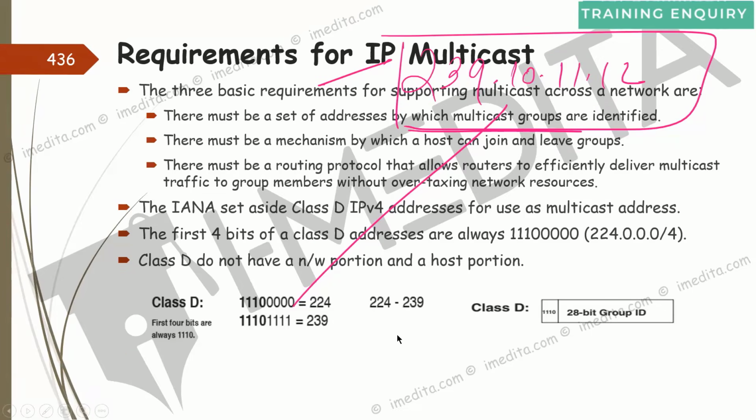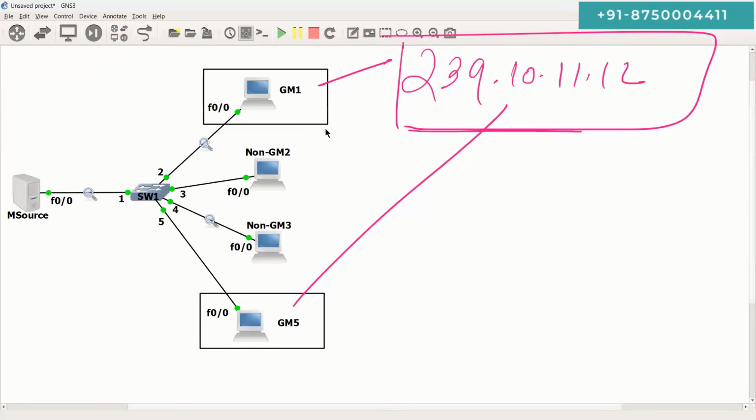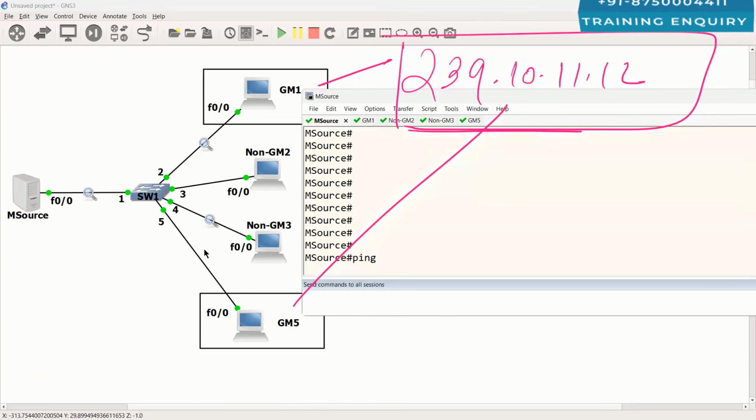So let's assume here that for the group of these two devices, I have chosen a multicast group address to be 239.10.11.12. So I am going to go on this multicast source and I'm going to say ping